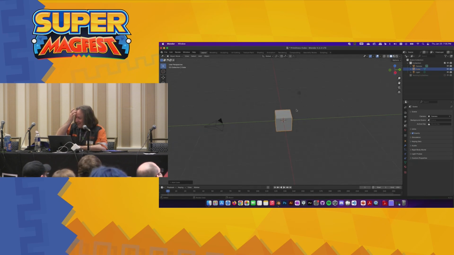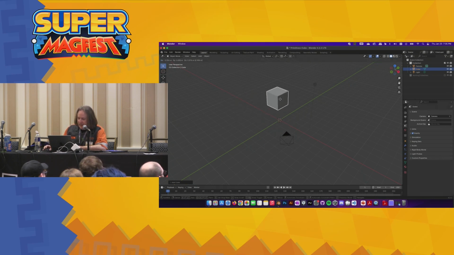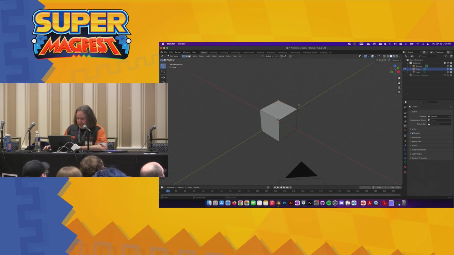I figured I would show just the very, very, very basics. This is going to be true of any 3D modeling, but just for anyone who's brand new, there are basically two modes in Blender. I would say this is the most central paradigm. There is object mode, which is just you have your model and you can move it around, you can make it bigger or smaller, you can tell it where to be, but you're not changing the shape of it. That is object mode. There is also edit mode, which is where you are changing the shape of it, and you can get in and start moving vertices around and making it into whatever shape you want.